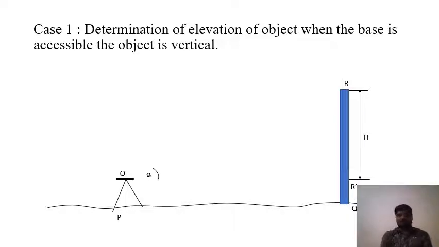Okay, this is what our building shows. We can say it is a building or any object you might get. Whether it is a chimney, a building, a hill, a tower, or a lighthouse, whatever it may be, there is one object.